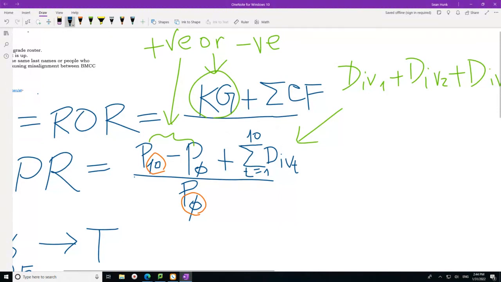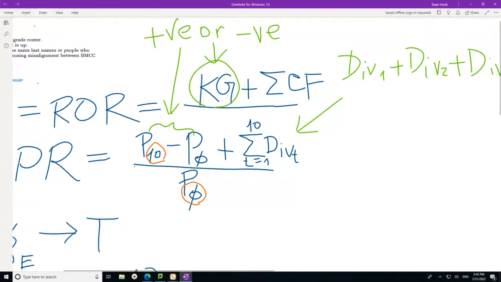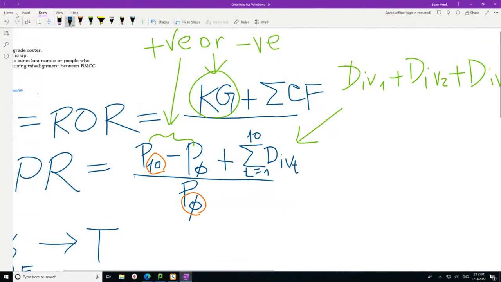Let's see if I don't use draw. Okay. If I don't use draw, but so it's still draw. How do I undo draw? Anyway, so